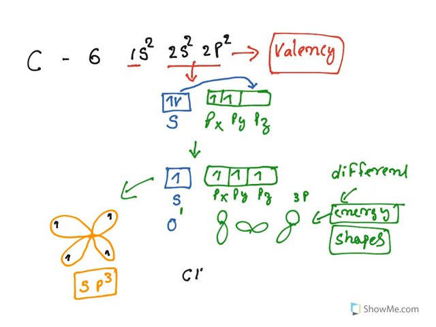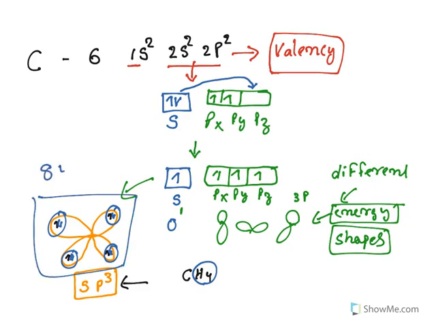Let us take the simple example of CH4, methane. Already carbon has sp3 hybrid orbitals with one electron in each. Now hydrogen comes with its electron and forms a bond here. This is what happens in methane. The 4 hydrogens come with 4 electrons and form covalent bonds with this carbon. Overall 8 electrons are there, so the octet rule is satisfied and that is how covalent bonding occurs. So this is the basic thing about sp3 hybridization.